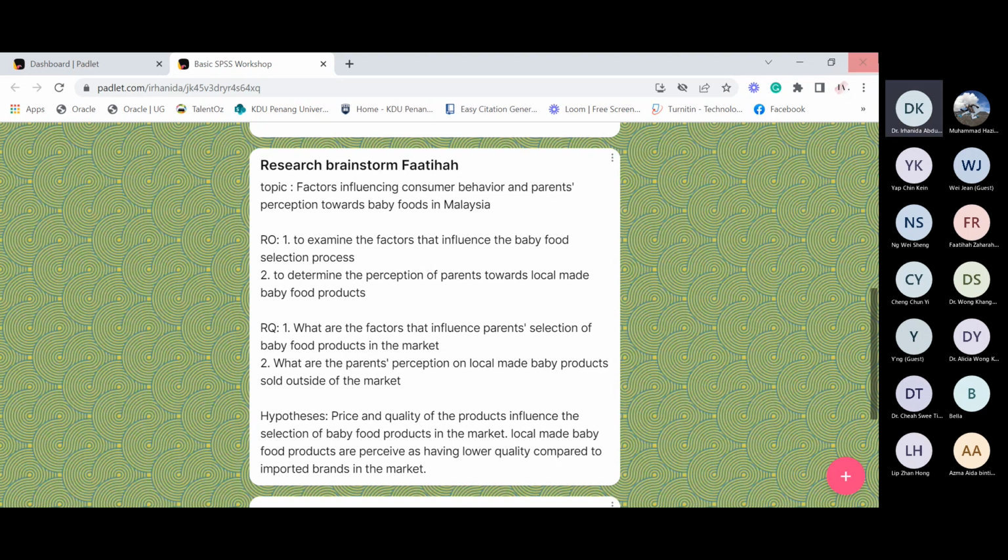Oh yeah, you cannot. How about Dr. Wong? Miss Fatiha herself? What is the dependent variable here? What is the variable that changed in this topic?